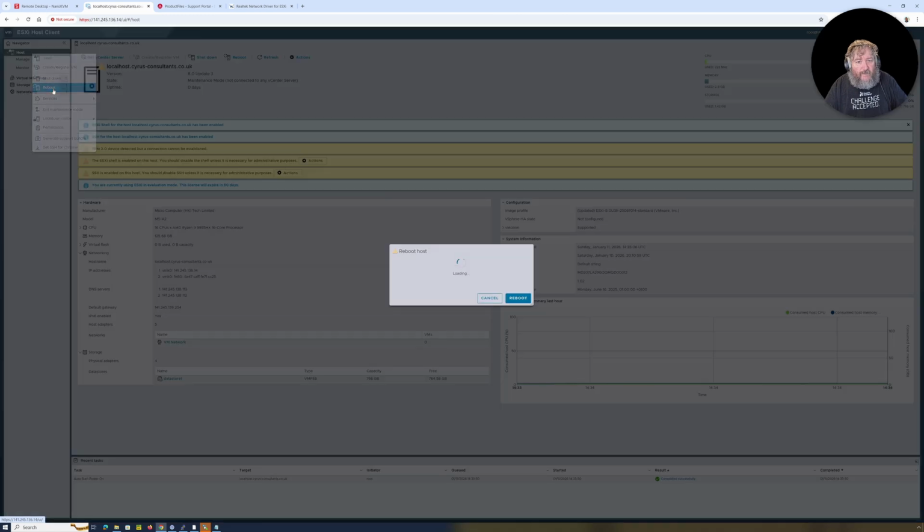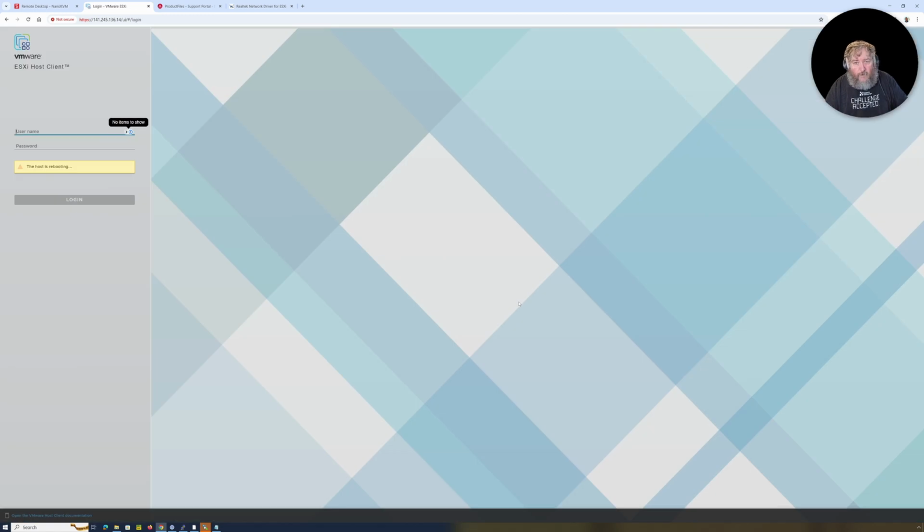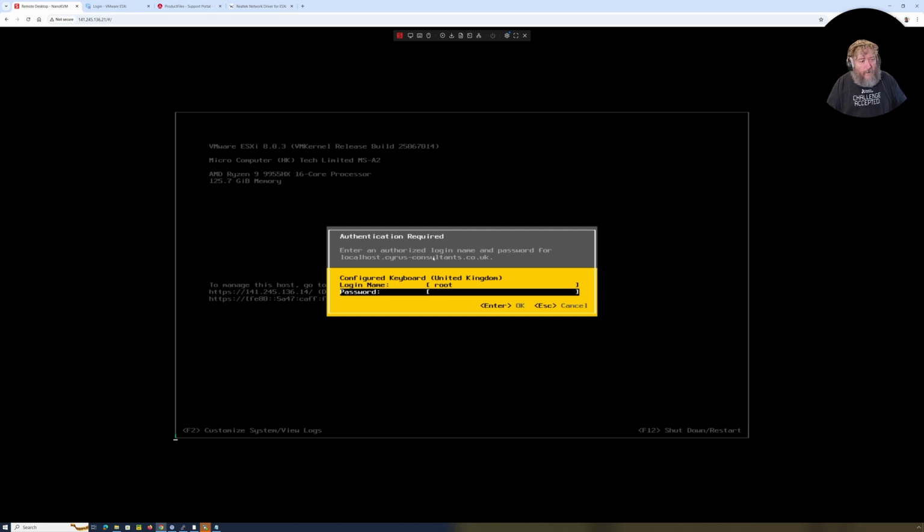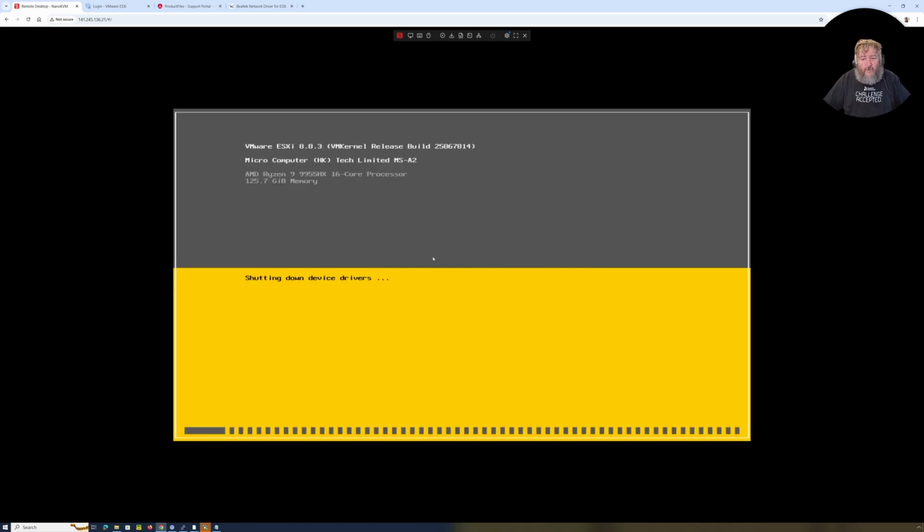So I'm just going to basically select reboot host. Of course, it's in maintenance mode. That's going to go down shortly. It's in maintenance mode. We've got no VMs running, so we're not going to have any outage, etc. So what we're hoping after we've done the reboot is the driver is going to be loaded and we will see those two interfaces